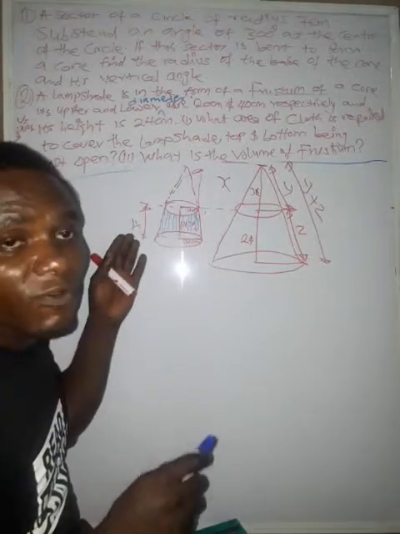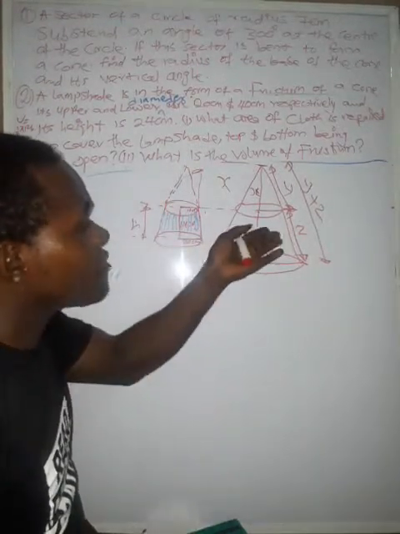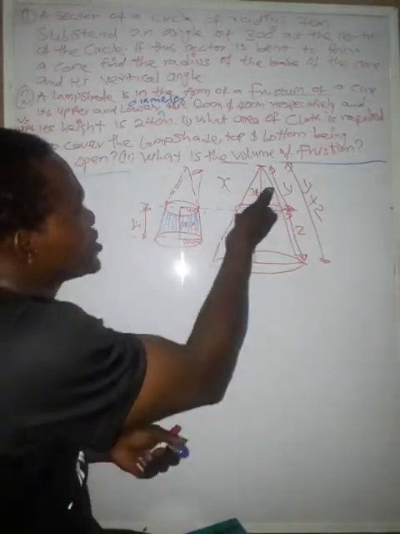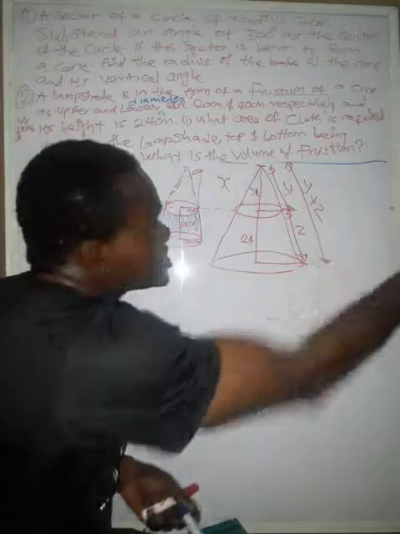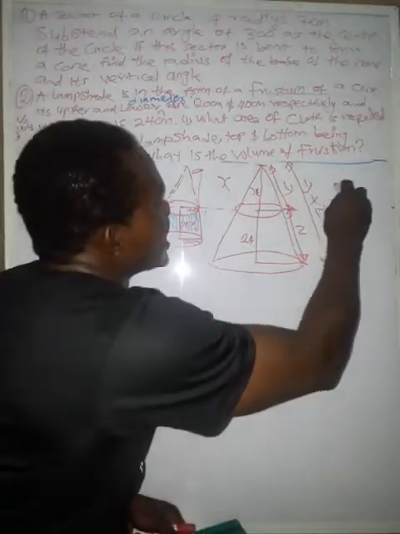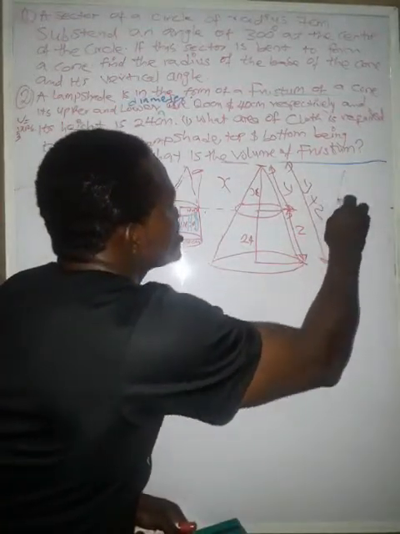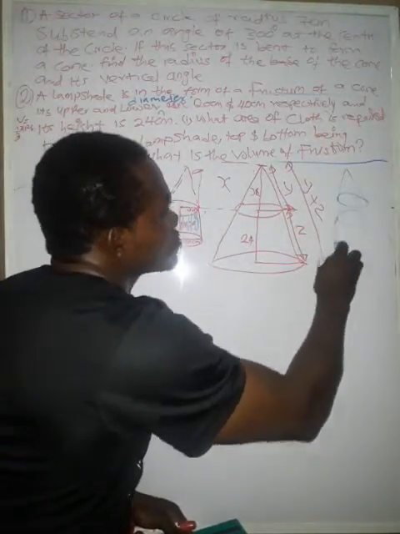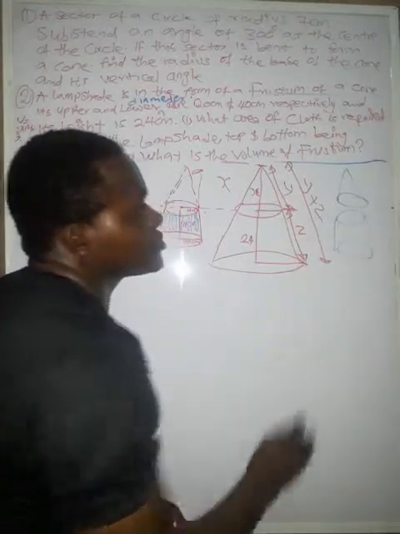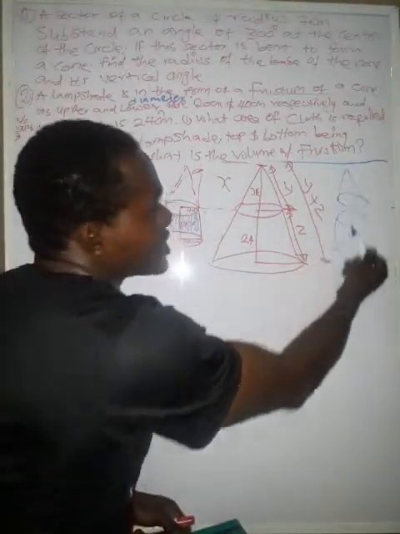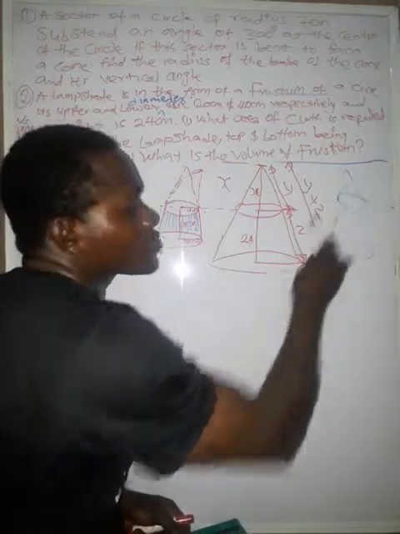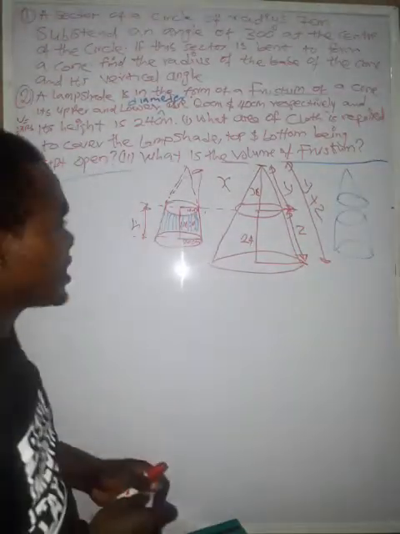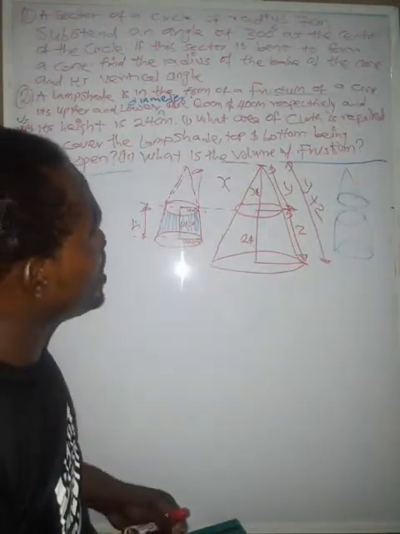Then for the frustum, there's no formula. So the only way is to find the complete cone, then subtract the smaller one I added from it. I'm splitting it here, so it's like I'm having something like this. This is the one I added. This is the frustum. You see now, so I'm calculating this one as a whole, then I will calculate this one differently. Now subtract this one from the total value I have. So I think from here I can now solve.